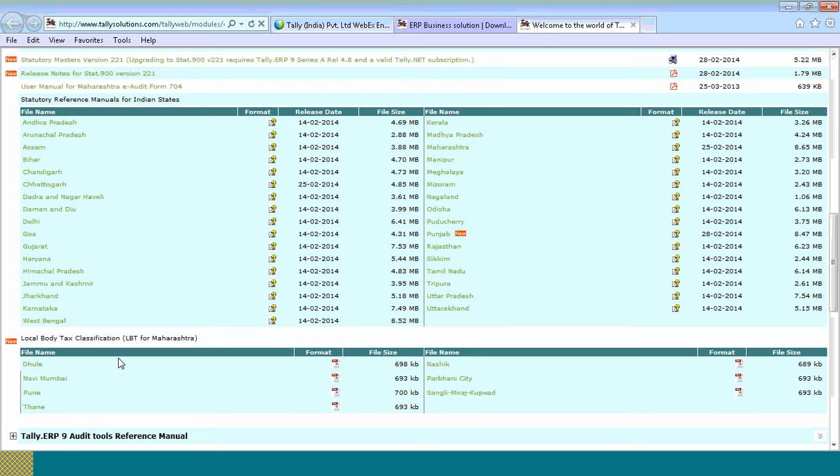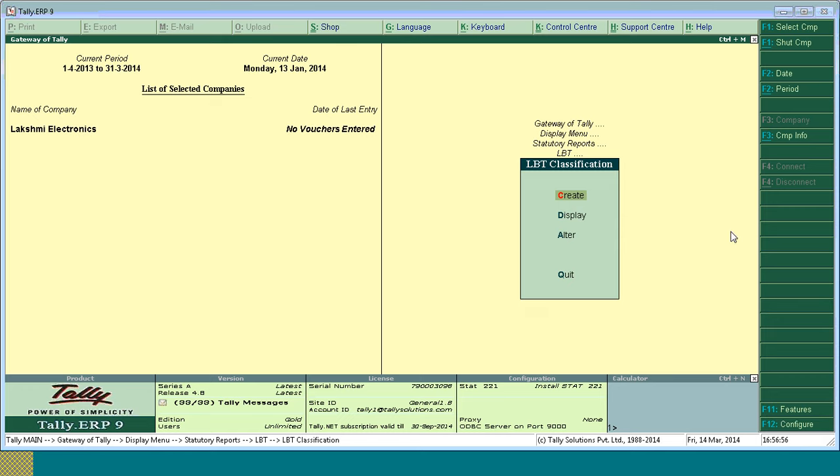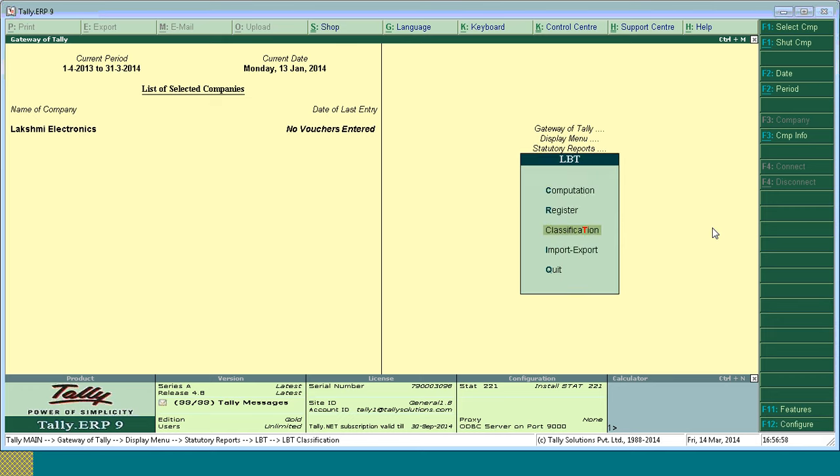Fine. For example, as I told you, the other company which I have created, Lakshmi Electronics, is located in Nashik. For Nashik, we have already provided the classification. You can simply download this one. This will be in XML. It is not in a readable format. You can simply download this one. Once after downloading,